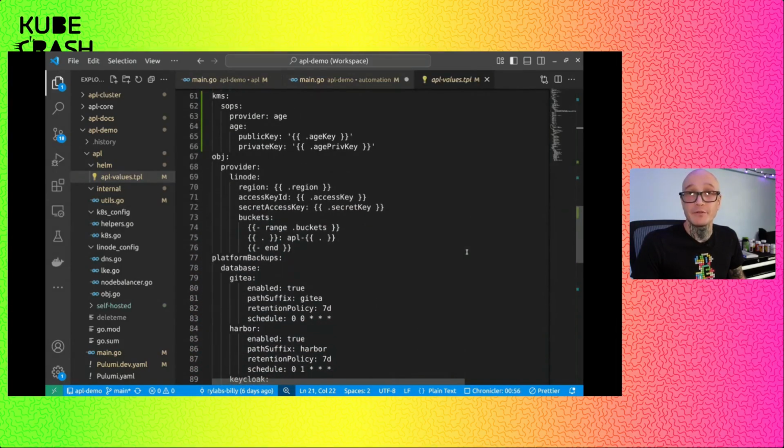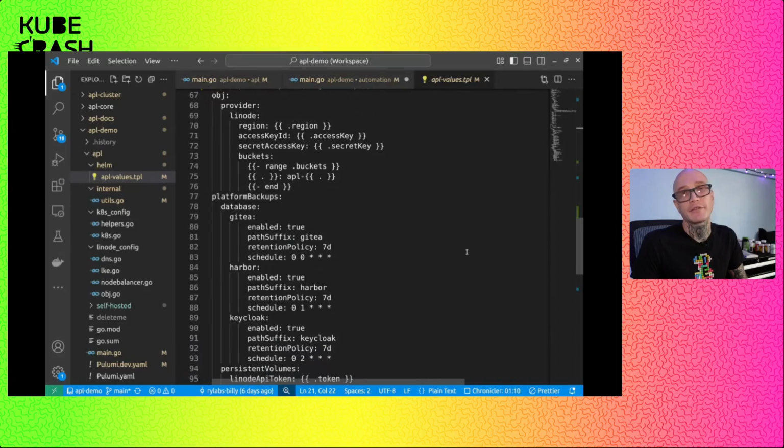For a key management service, this comes configured with GitOps out of the box. So you could use Azure or AWS or HashiCorp services. We are using Age as the provider because it is lightweight and the most vendor agnostic. So this is simply encrypting the values of our secrets in our config files before they are written to the Git repository.